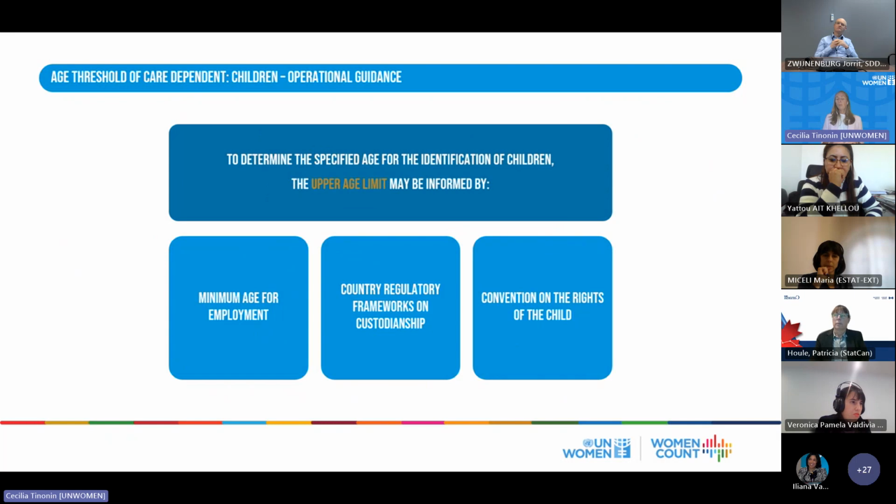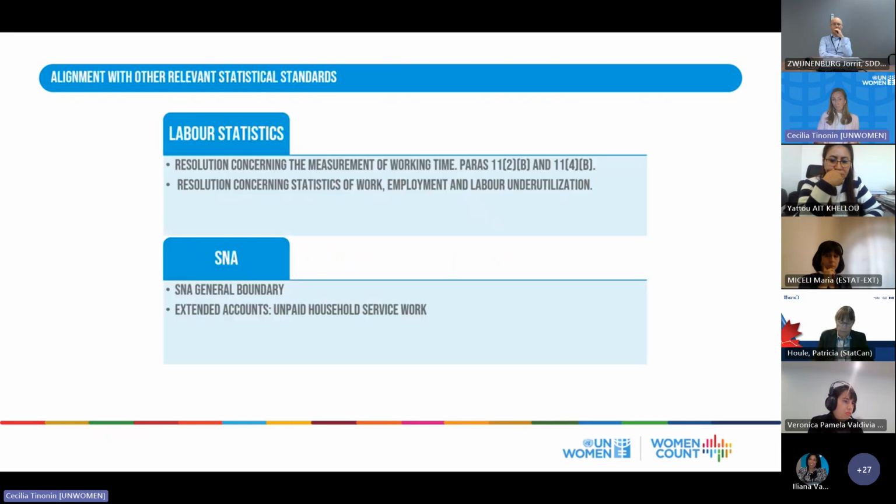We also wanted to provide some indication and operational guidance to highlight different options, as per country practices, to identify the age threshold of care dependents, especially children. This could be the minimum age for employment, or country regulation frameworks on custodianship, as well as the Convention on the Rights of the Child. It does also align with key and critical